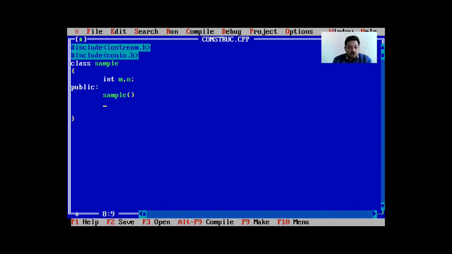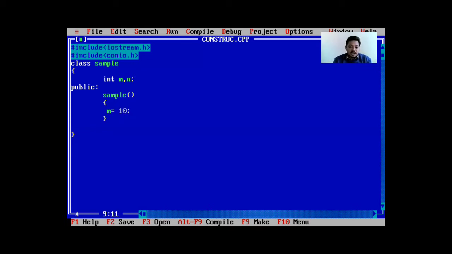Now within this bracket, I am not going to give any parameters because this is a default constructor and the constructor that does not accept parameter is called as default constructor. Now within the body, I am going to write m is equal to 10.